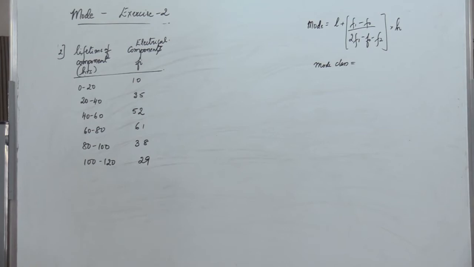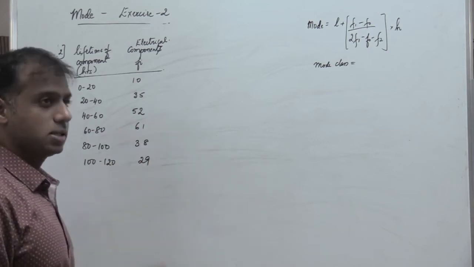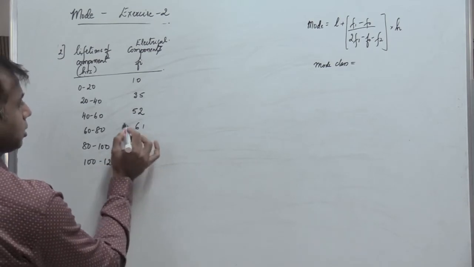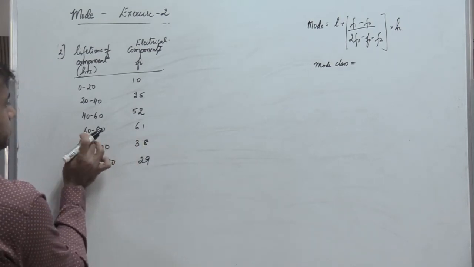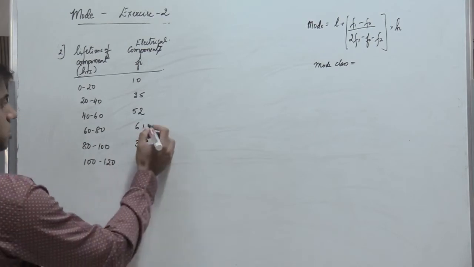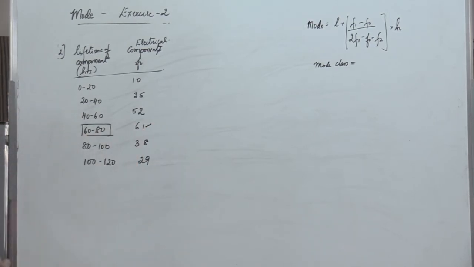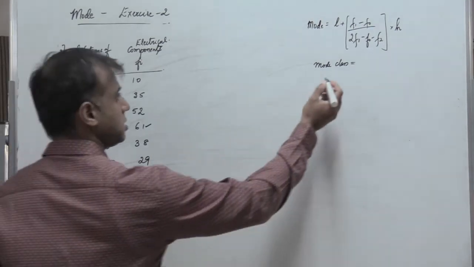So to find the mode again, I need to find the maximum frequency. So we find that there are 61 electrical components having a lifetime of 60 to 80 hours. So 61 and 60 to 80 happens to be the mode class. So the mode class is 60 to 80,